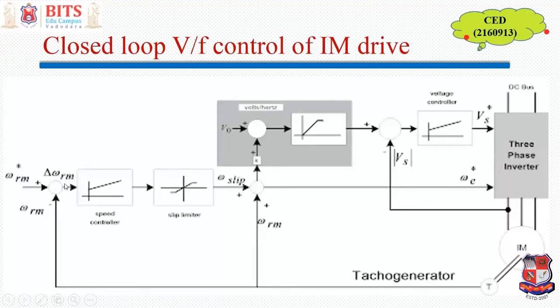The moment this error is zero or within the permissible limits, then what happens? No further change in voltage or frequency is there. So whatever is the voltage or frequency produced by this inverter over here is maintained, which is giving us reasonably good required speed. Actual speed के एकदम नजदीक पहुंच गए हैं हम. So this is how it continues, right? So this is how a closed loop V by F control method is actually achieved.